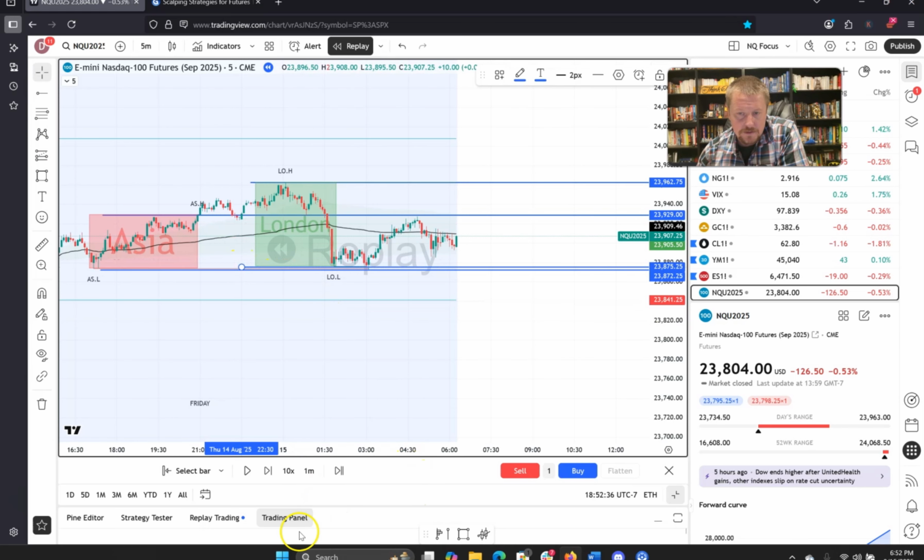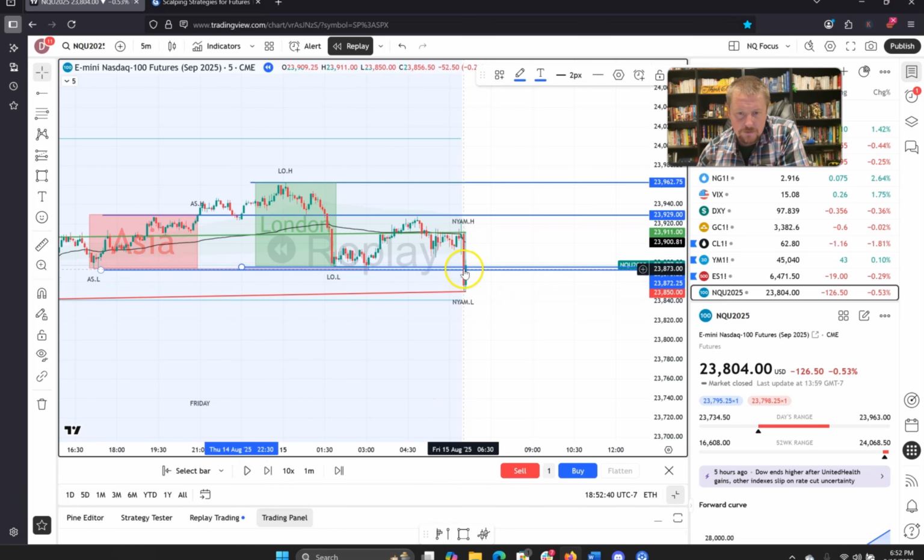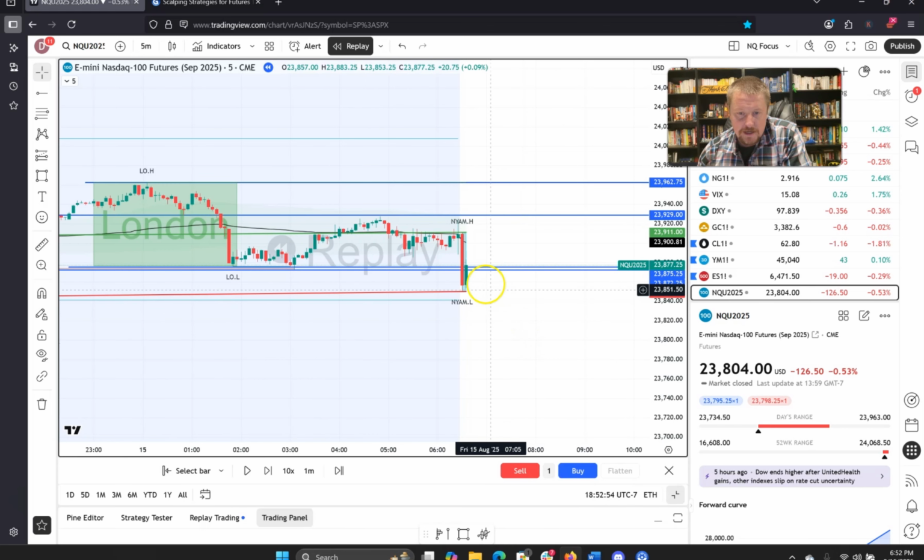And I think I already did this in this video. But essentially we're looking for whenever we hit these, so like we nailed this one and we actually just cooked right through it. So usually when you hit it and it bounces, that's going to be a point of reversal like we did earlier in the session. We hit it and we reversed, but when we just cook right through it, that's a real good sign that we're going to have a continuation, because when we go right through it smoothly, now this level that was the support becomes a new level of resistance,